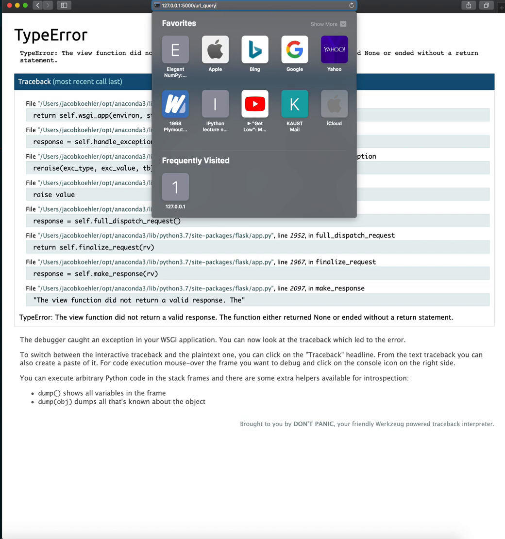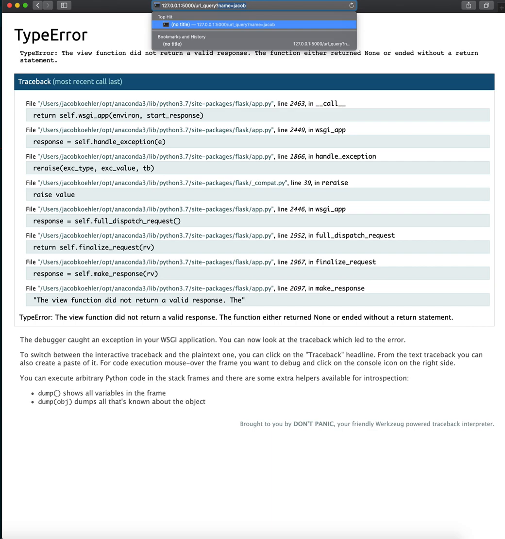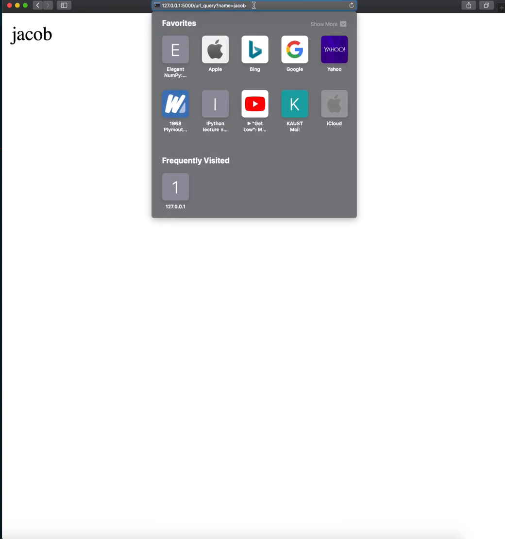So the way that we'll do this is with a question mark. We can just pass that name argument. So if I say name equals Jacob, now we see that I'm returned that information. All right, and that's the big idea, is that with just a request, what we can do is we can accept user input to a URL,